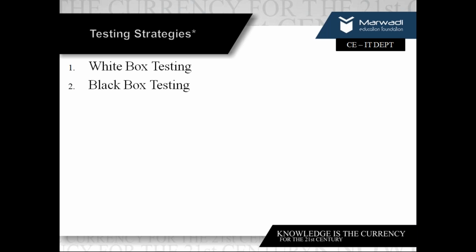Okay, just a description about white box and black box. The name is quite interesting, right? White box and black box. Why is it not pink and blue, or yellow and green? Okay, white box testing. Imagine a white box over your code, and that white box is transparent. Your project is covered with a white box. Because it is white, it is transparent. What will you be able to see now? Okay, you'll be able to see the code.